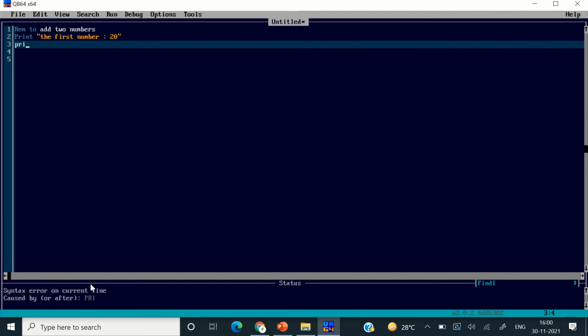Next, print. If I write it normally, it is not going to show. I have to write within quotes. The second number, 30. Quotes close.